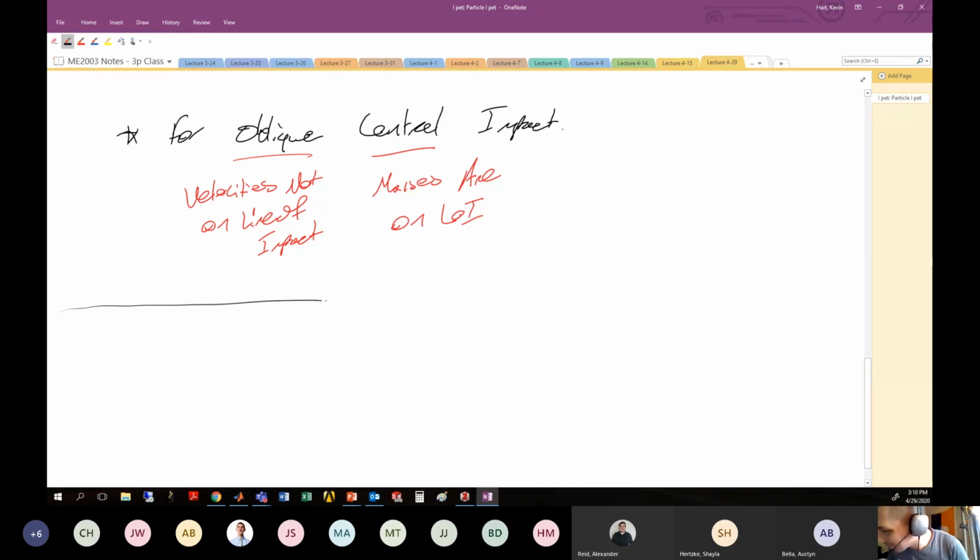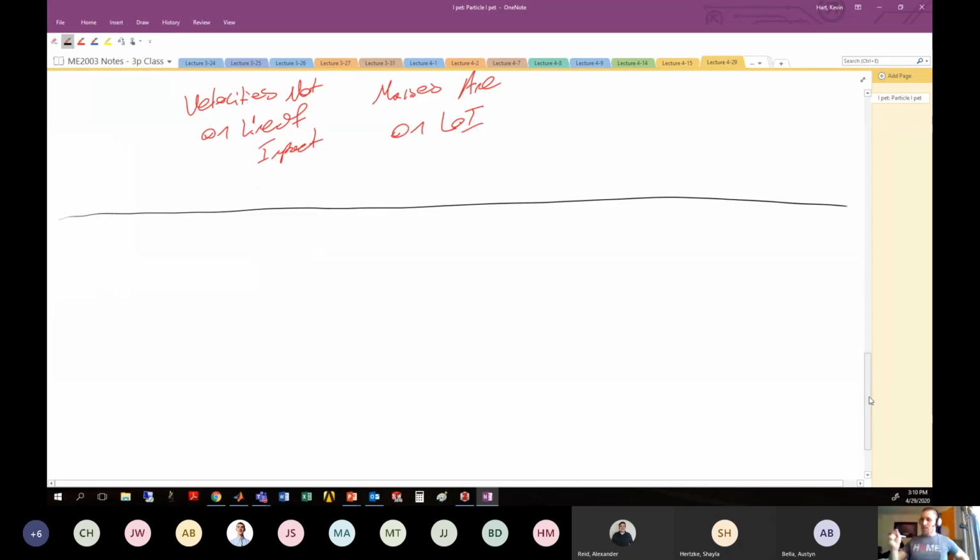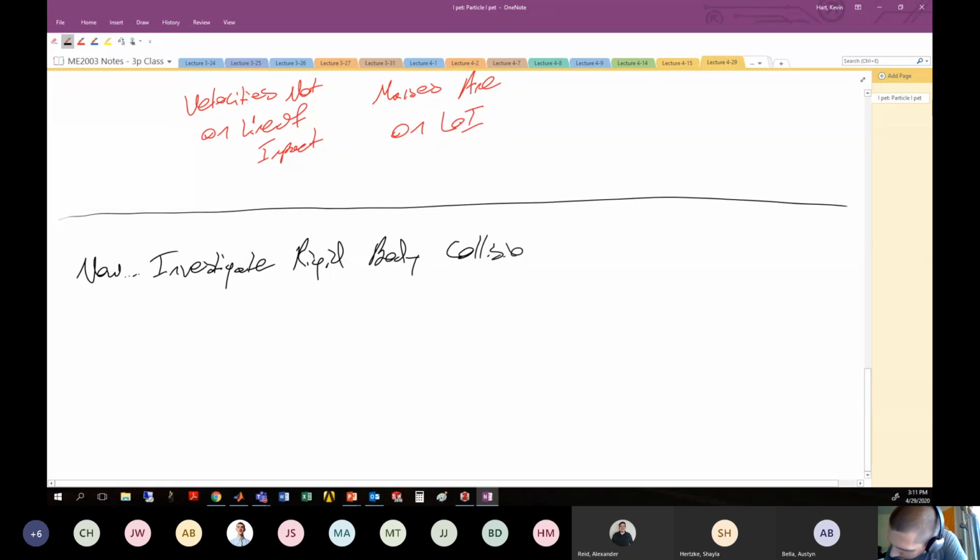All right. We have to deal with moving from particle interactions to rigid body interactions. So now let's investigate rigid body collisions with